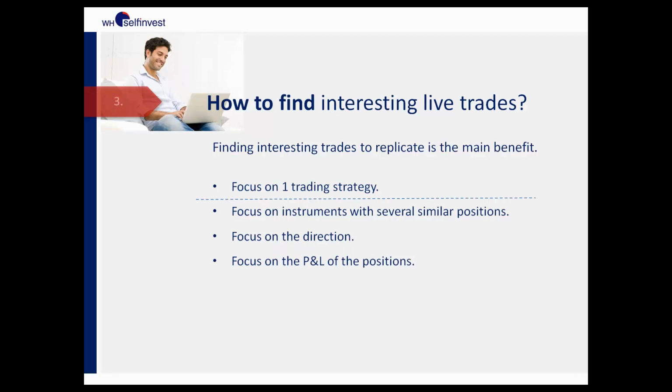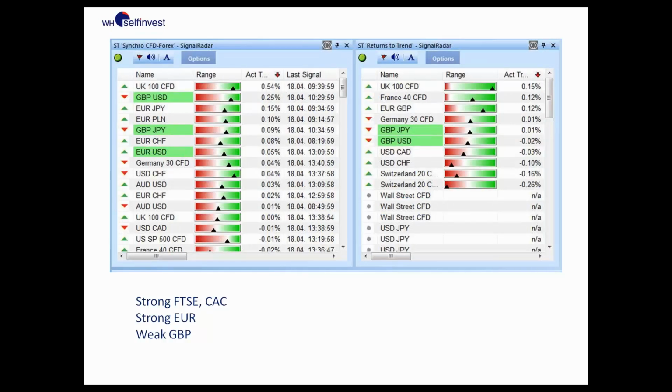The second possibility is to even take a step backward and to find strength and weakness. Which instrument is strong and which instrument is weak? And again, it's particularly good to do this in Forex. Let's start here. I have euro against the yen, long, euro against the zloty, long, euro against the Swiss franc, long, euro against the dollar, long,